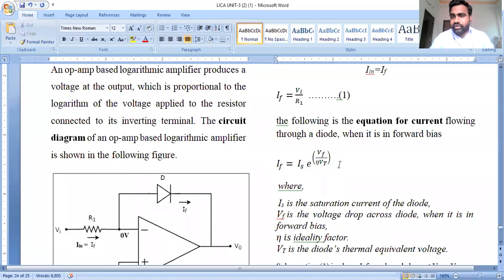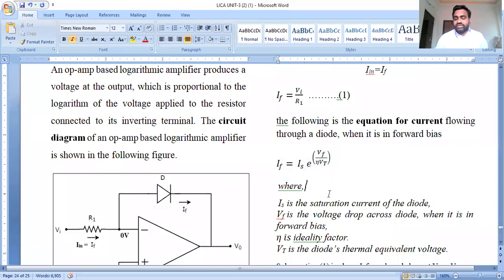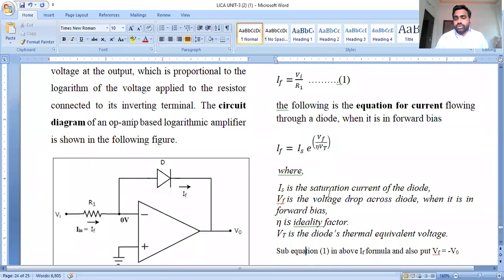From our prerequisite knowledge of basic electronic devices and circuits, we have taken the expression of current flowing in the diode. The current flowing in the diode is expressed in terms of the saturation current times the exponential of the voltage drop across the diode divided by the terminal voltage, or thermal voltage, multiplied by the ideality factor. So this expression is taken from our basic study of electronic devices and circuits. If we equalize the input current expression, the feedback current, with the diode current expression,